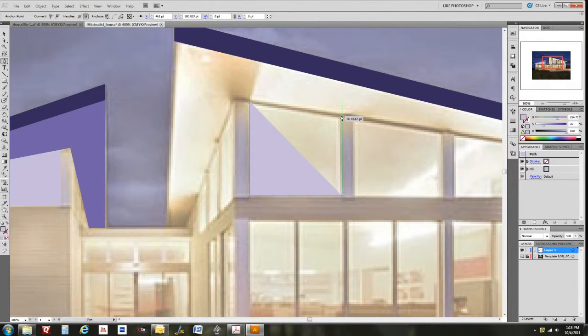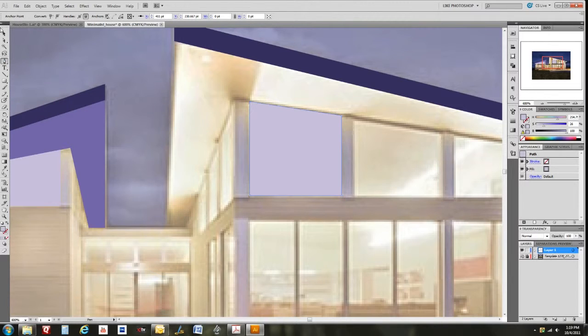Alright, and then I'm actually going to create this overhang now because I see a problem that I'm going to run into as I go down this way. I want to keep this line parallel to the edge of this overhang here, so I need to go ahead and create the overhang. So I'm going to click my selection tool, then click this path to select that color, then go back to my pen tool